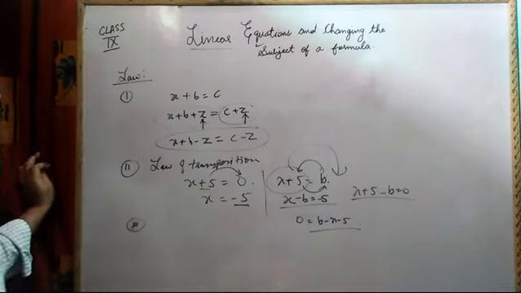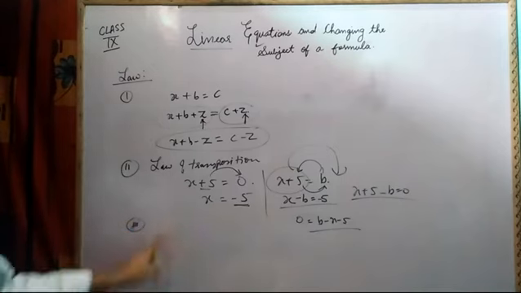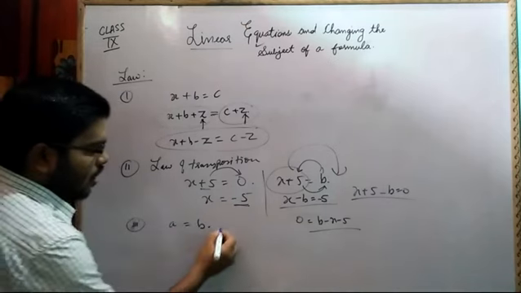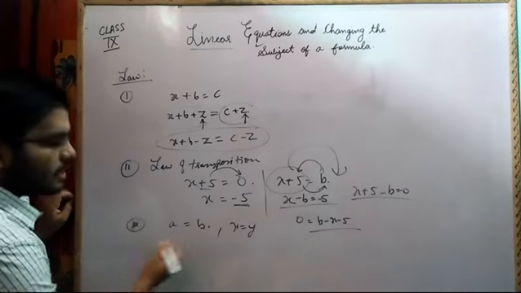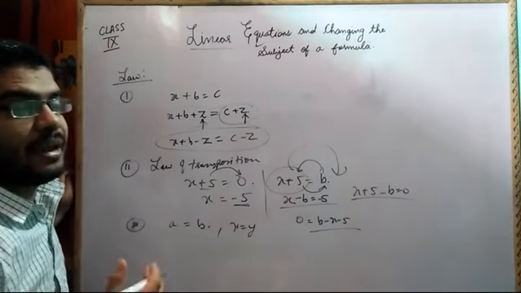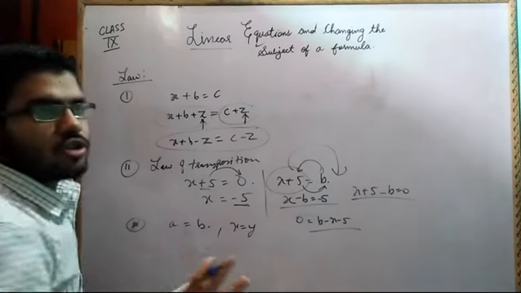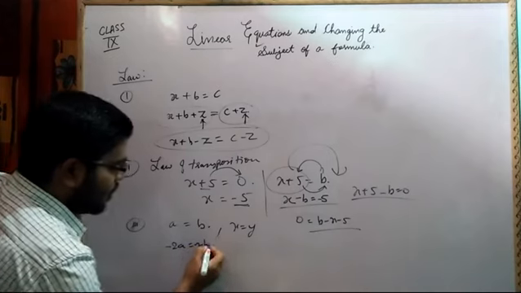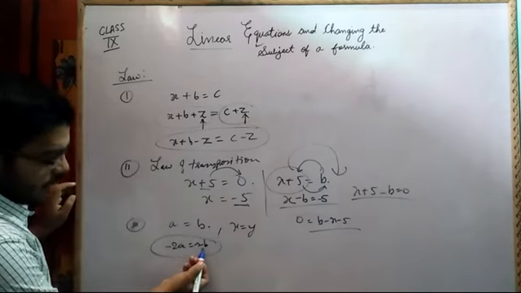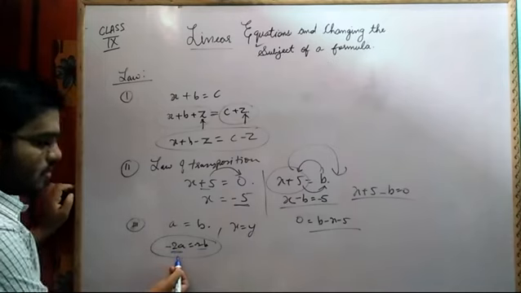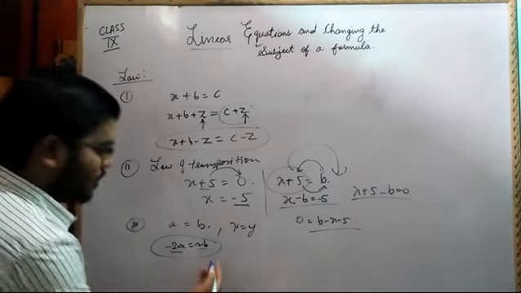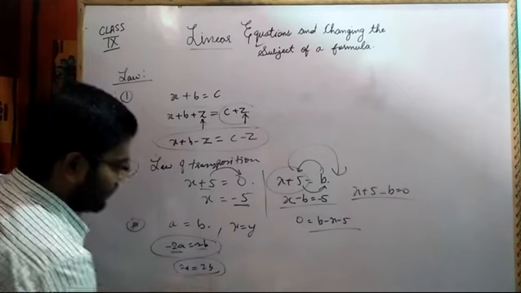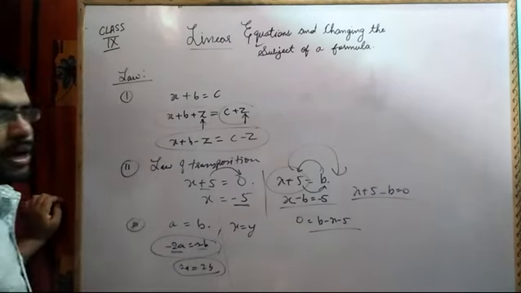multiplication or division. Multiplication with a non-zero number is not going to change the value. Say for example, if I have a is equal to b or x is equal to y, and I multiply both sides by the same quantity, be it negative or positive, the equality is not going to change. That means if I multiply by minus 2, then minus 2 into a is equal to minus 2 into b, this is also true. That means I can multiply both sides with a non-zero number. Now if I write 2a is equal to 2b, we can multiply. So this is the law of multiplication.